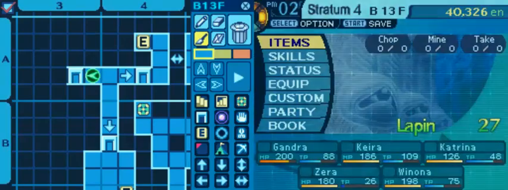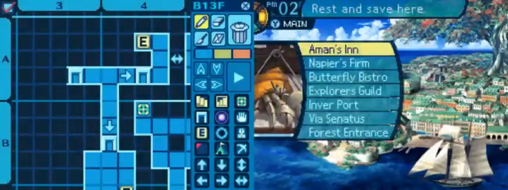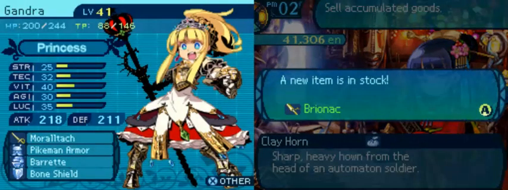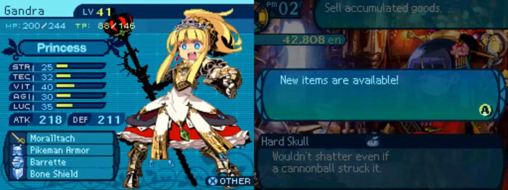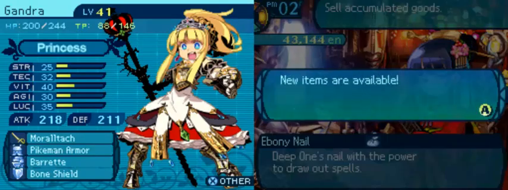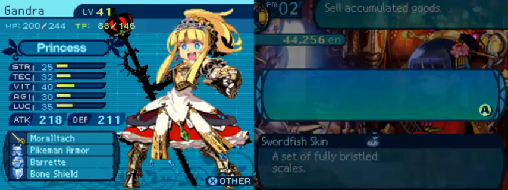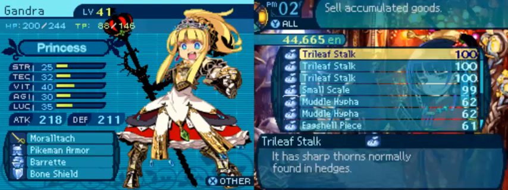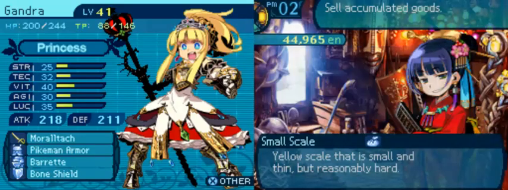I don't think we have any Amrita to continue forward with. Besides, we're kind of at a good stopping point, so hey. Let's go back, sell the stuff, see if we get a katana out of it. Oh, we probably got a katana out of one of these at least. Clay horn for the Bionic, clay plating for the Azoth, which neither of which are katanas. That is a thing. Trebuchet, Allpike, Gillette, Harvest Scythe, Evil Sea Boots, and Spear Thrower, Linkia Bang, okay,